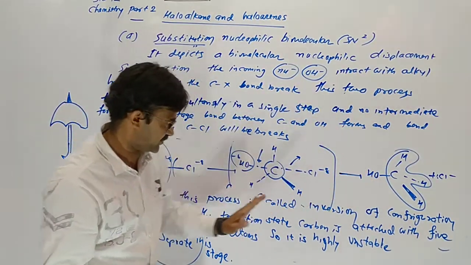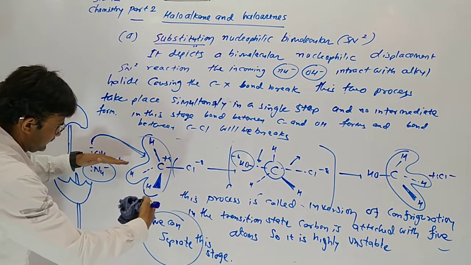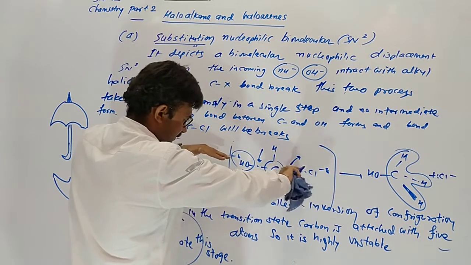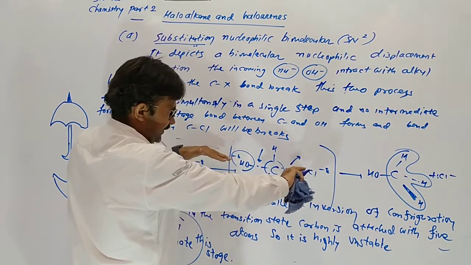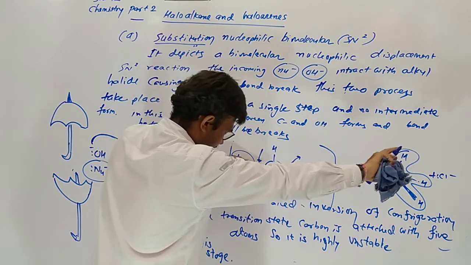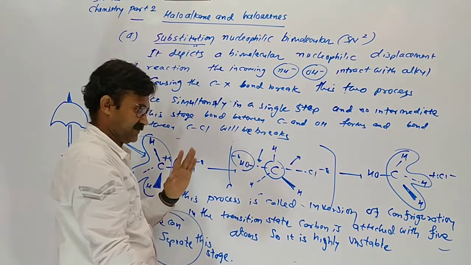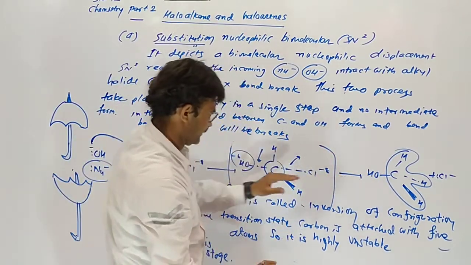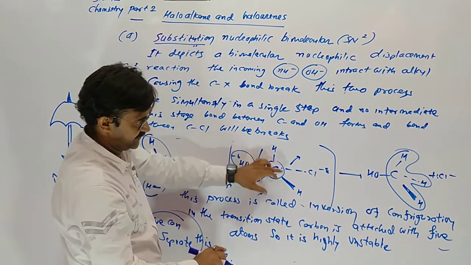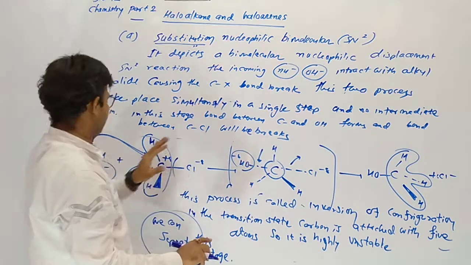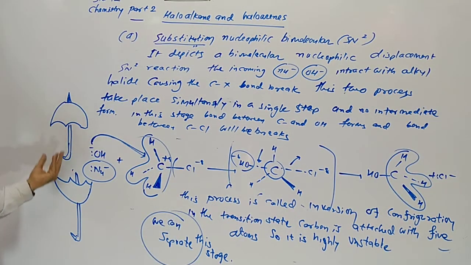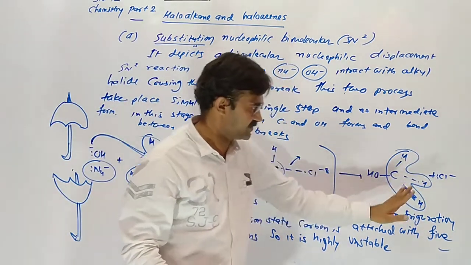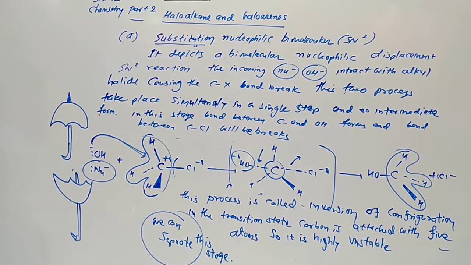This is a process that actually occurs in one step. OH is entering, chlorine is removing. Both at a time occur. OH totally entered, chlorine removed. So it occurs in one step. This is not an intermediate but a transition process. Here, due to repulsion, the OH and CH3 side will be changed like an umbrella. OH is entering and CH3 moves due to repulsion. That is called the inversion.